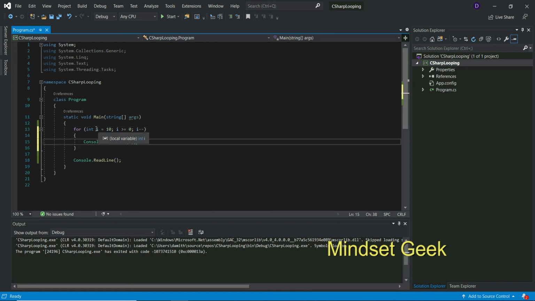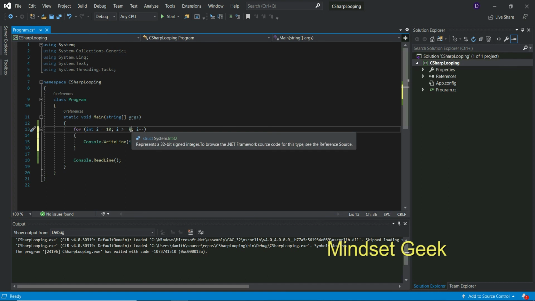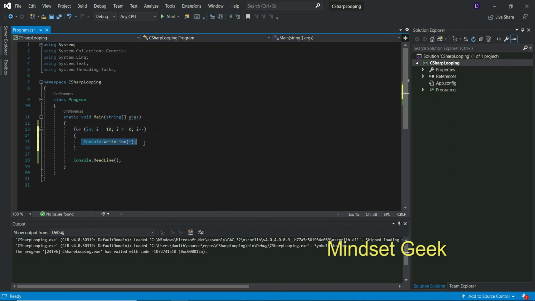First execute this line; execute means assign the value. i is 10. Then check: 10 is greater than or equal to 0, yes, true. Then execute the content, so 10 will print.